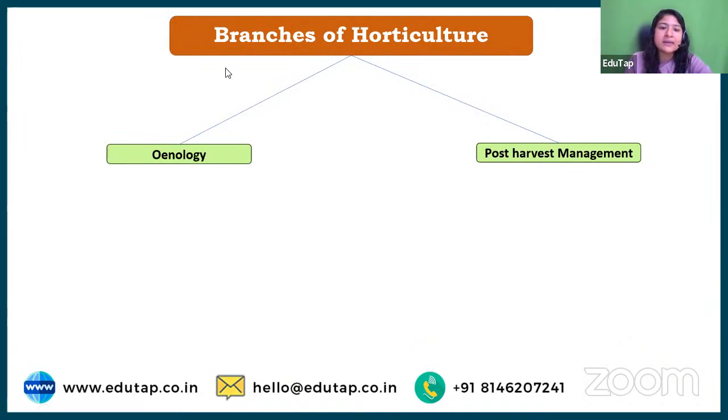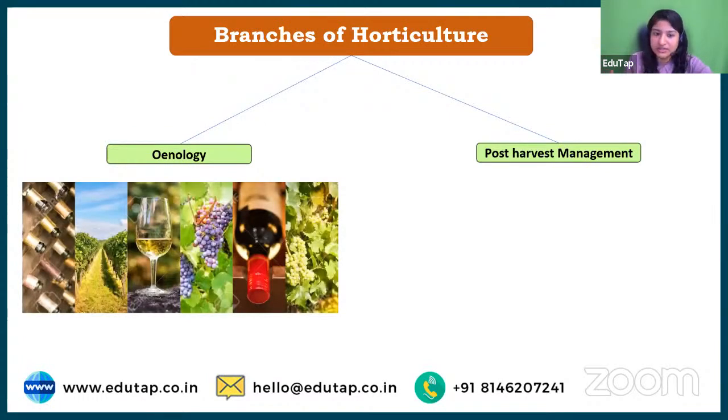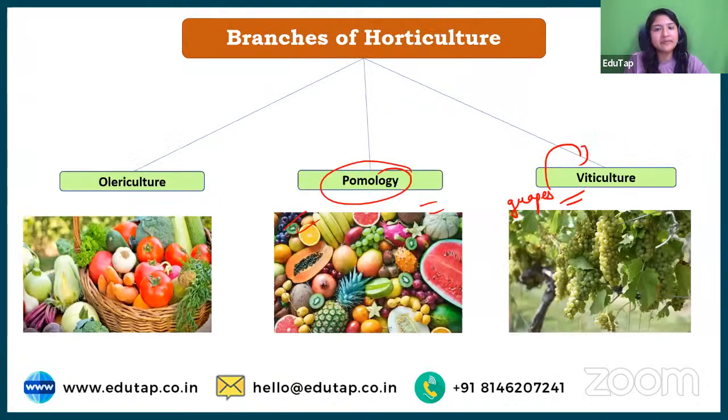ठीक है, नेक्स्ट आपके पास एक टर्म है इनोलॉजी. अब देखो इनोलॉजी में आपका किससे डील करता है? इट डील्स विद योर वाइन एंड इट्स प्रोडक्शन. ठीक है, यहाँ पे वाइन प्रोडक्शन की बात कर रही है, एंड ऑफ कोर्स यू कैन सी ग्रेप्स ओवर हियर. ठीक है, यहाँ पे देखो अब अगेन द डिफरेंस बिटवीन इनोलॉजी एंड विटिकल्चर वी नीड टू